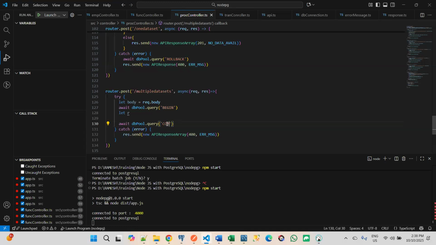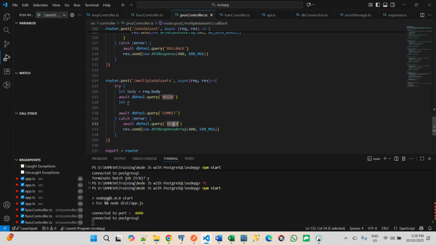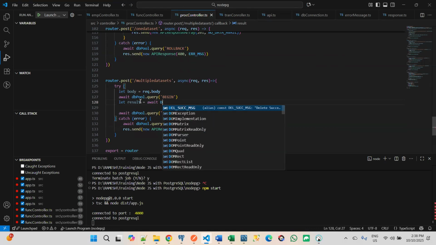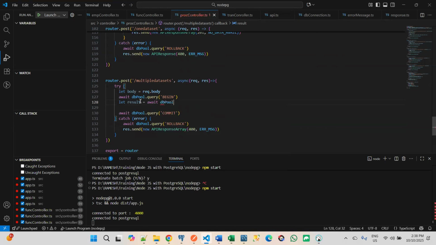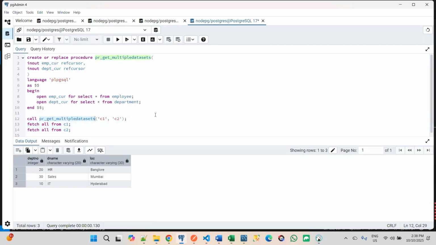Here commit. In catch block rollback. Result equal to await db pool.query and call statement. Oh, sorry. And take this procedure name